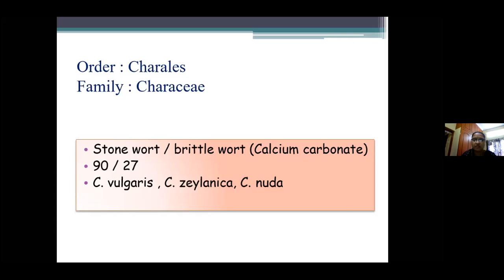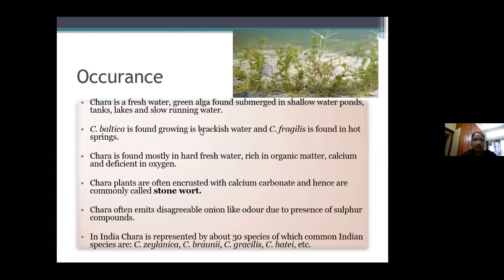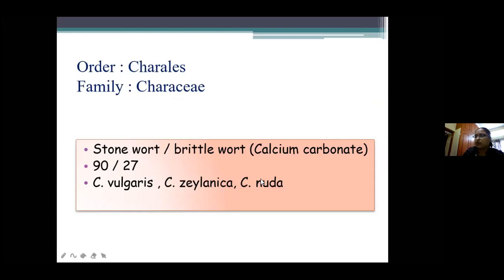Next, I'll give the examples. These are the Chara examples. Nitella is the best example, and Valvechia is also a good example. These are the examples for Chara. Next, where water bodies are rich in phosphorus, in that place Chara is not